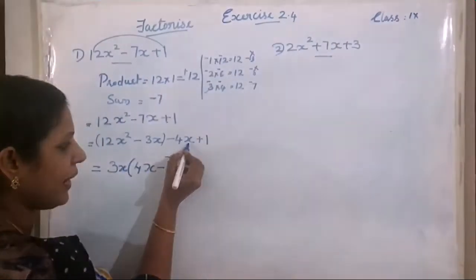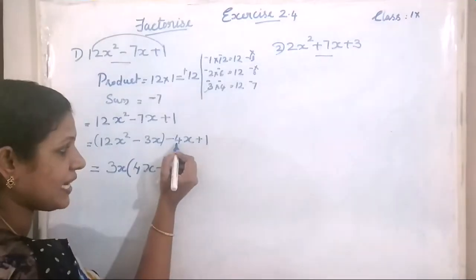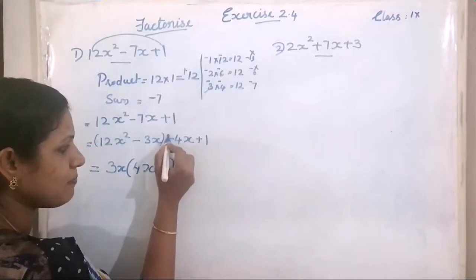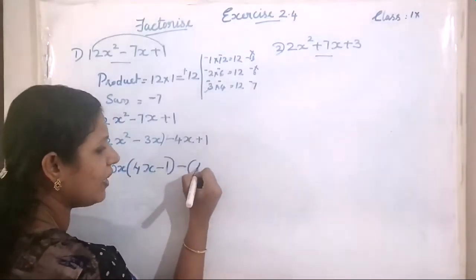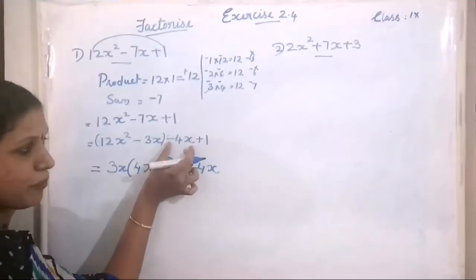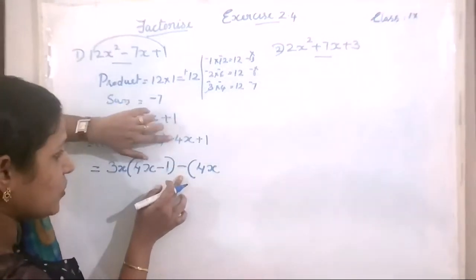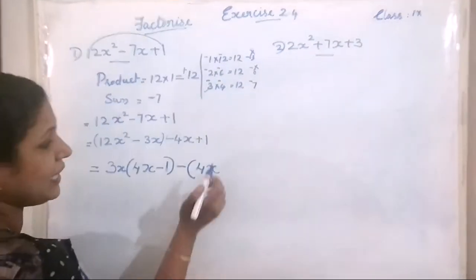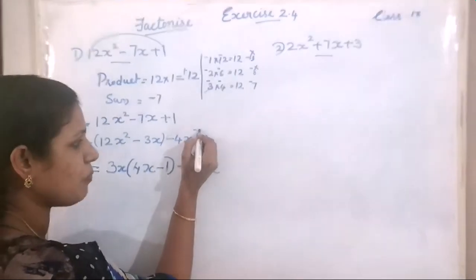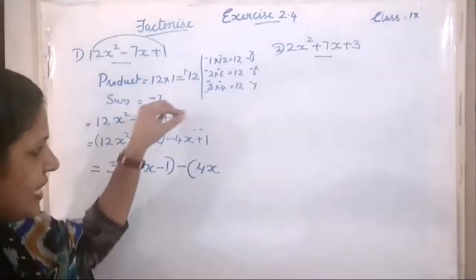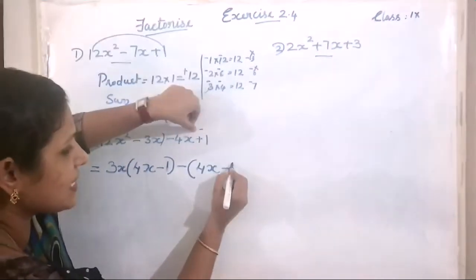So, here the sign is minus 4x. So, we need the sign as plus 4x. So, we take out a minus from here. This minus 4x, we take out a minus. So, we get here 4x. Here the sign is plus 1. How to get this plus? Minus into minus, we get plus. So, we take out 1 minus. So, the remaining is minus 1.